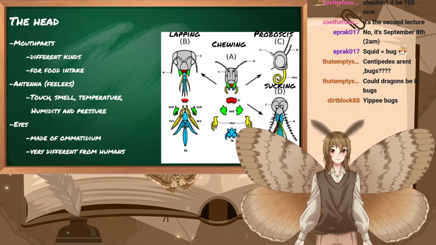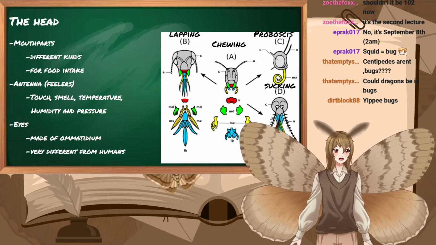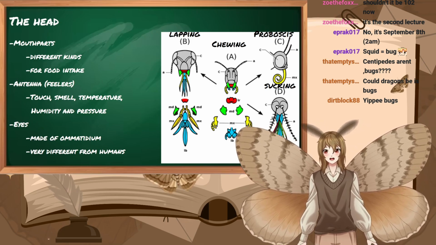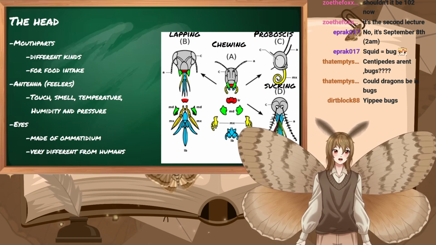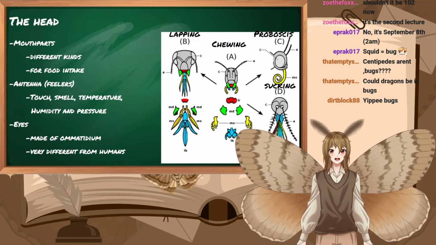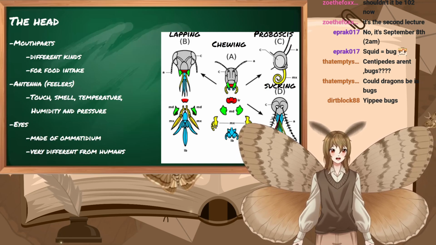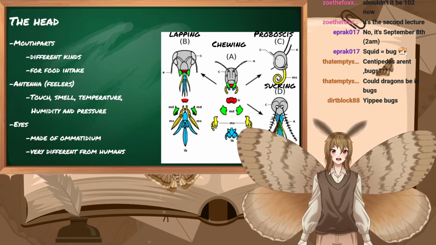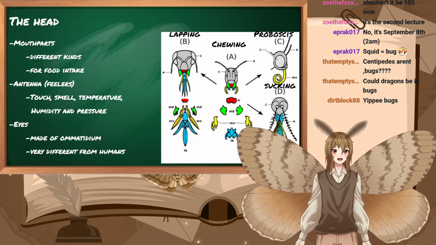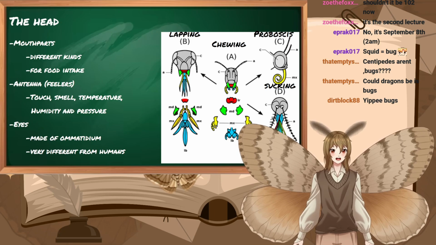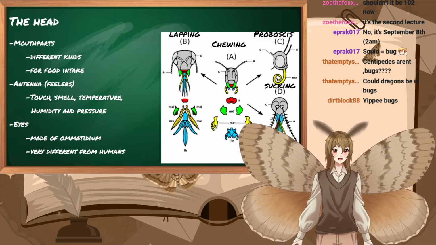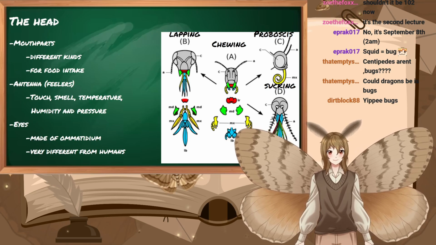Now, the head. Everybody has seen an insect head. If not, on the right you can see them in more detail. The most important things on an insect's head would be the mouth parts, where there are several different kinds. Those are important for food intake. It's important to know that not all insects have mouths. For example, the saturnids, also known as the large and giant silk moths, don't have mouths. They don't feed in their adult life stages.